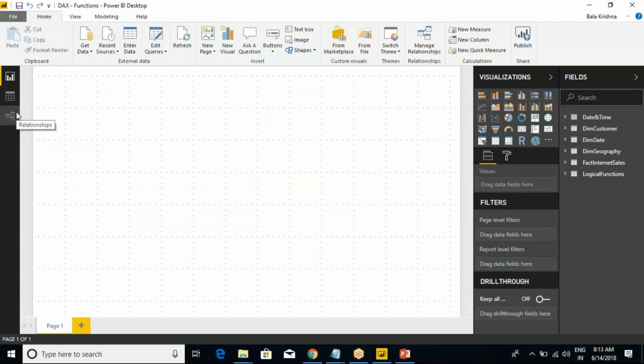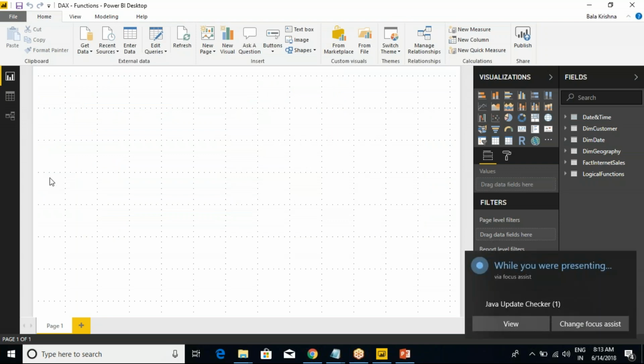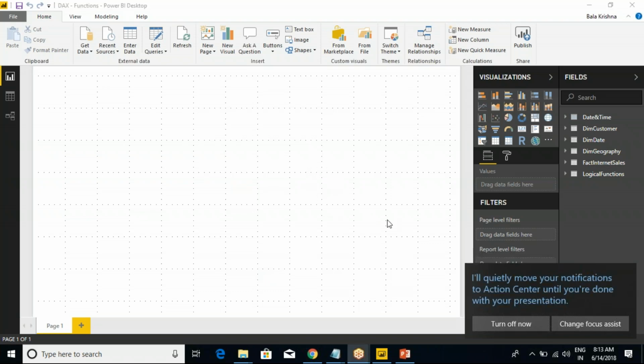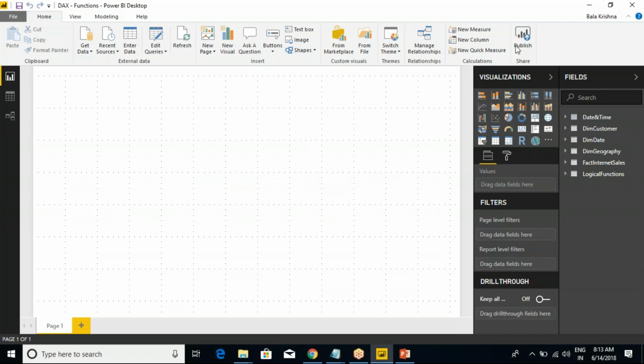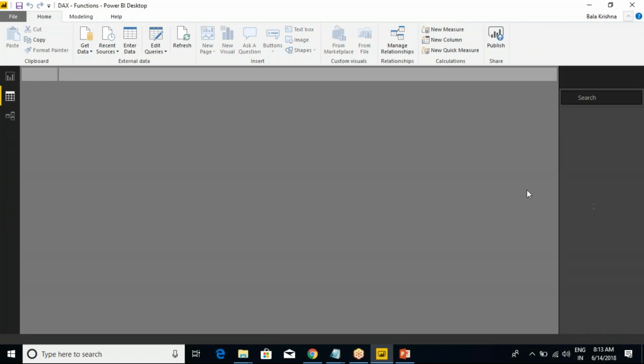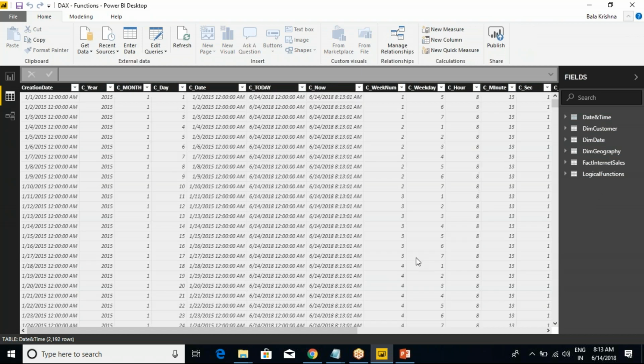So this is the same PBIX file which we have been using from the turn off null notification. One second. Yes, so yeah, so we are good with the